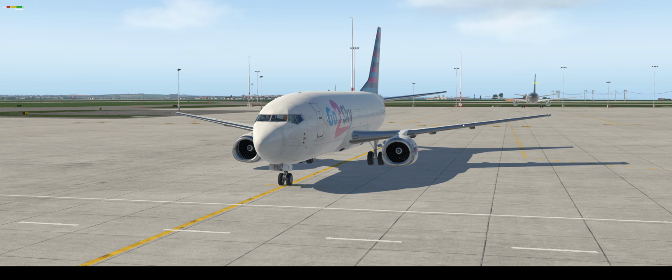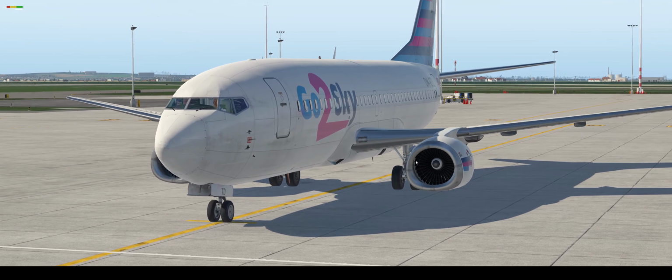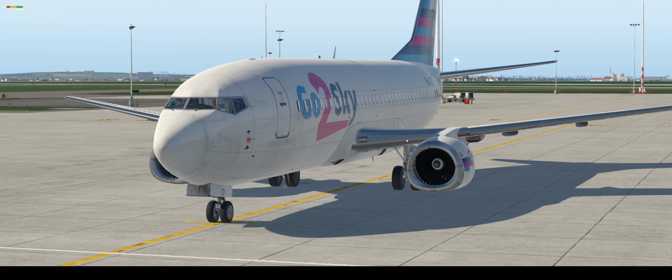We could be here for plenty of hours talking about the differences, but as you can see, except the wing and the engines, like I told you before,